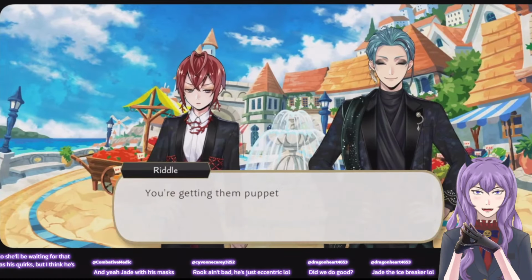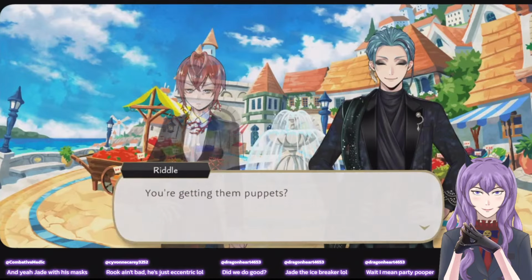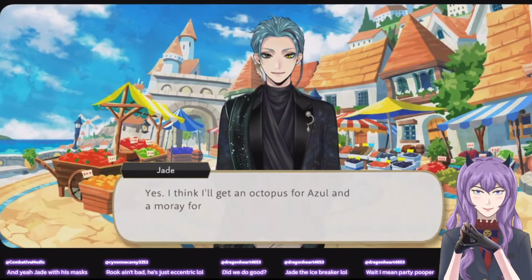Oh, by little sea creature. Getting them puppets. Fitting.